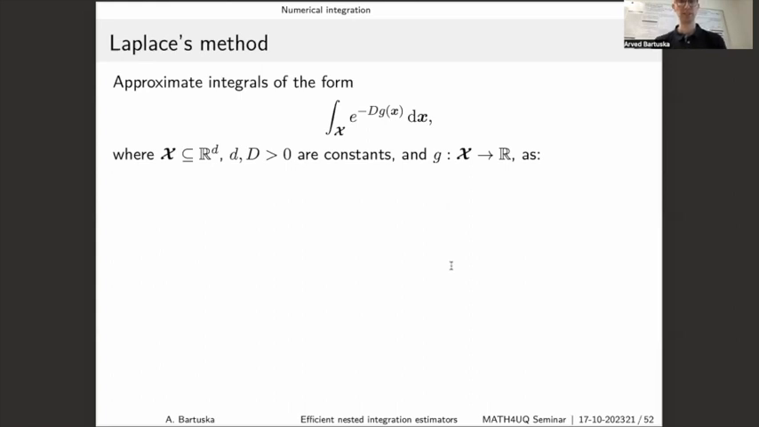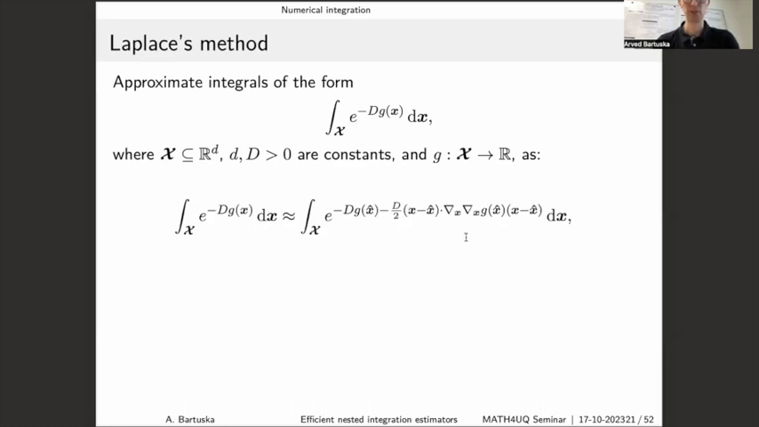And one way to get this, our method of choice to obtain this importance sampling measure Q, is Laplace's method and the Laplace approximation. So what does it do, for those not so familiar with Laplace's method? If we have an integral of this form, e to the minus some constant d times g of x, for a positive function g,